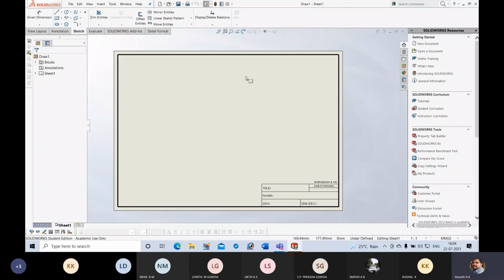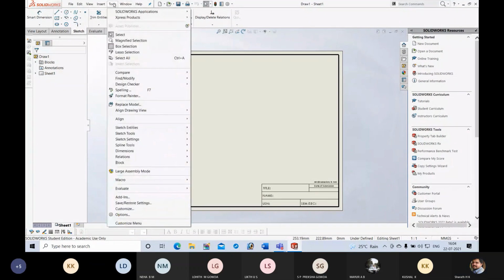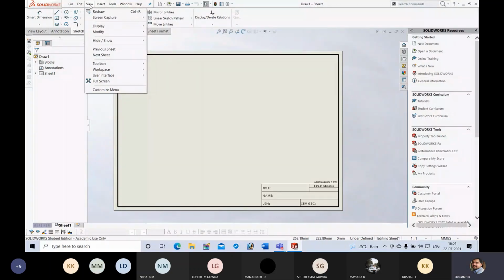Before that, after getting the sheet, first you should arrange the toolbars properly. You need not do that manually; there is a simple option. Automatically it will give you all required commands in proper positions. For that, go to View, then Workspace, Default.